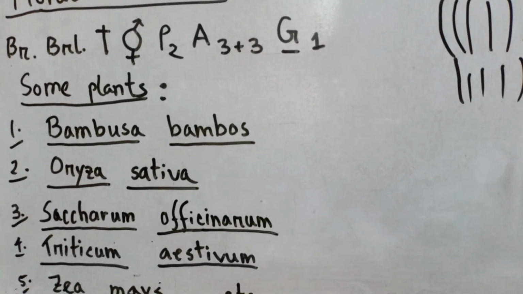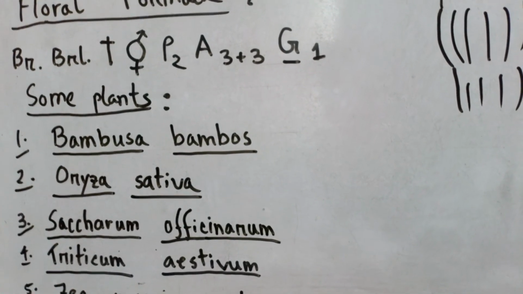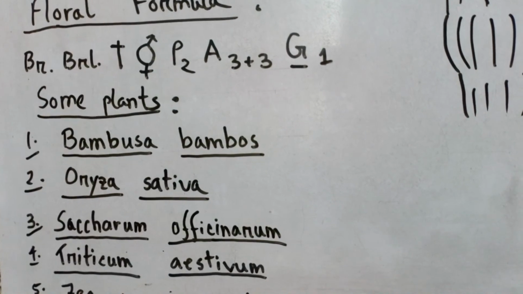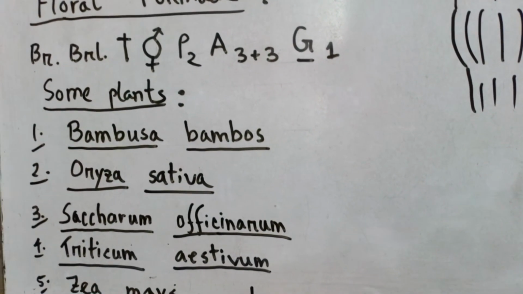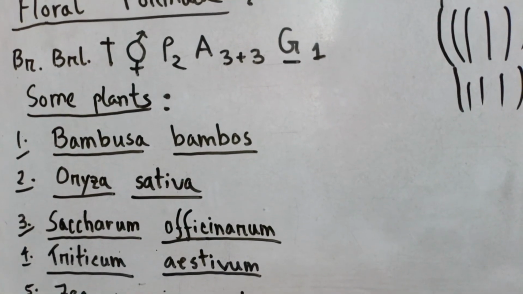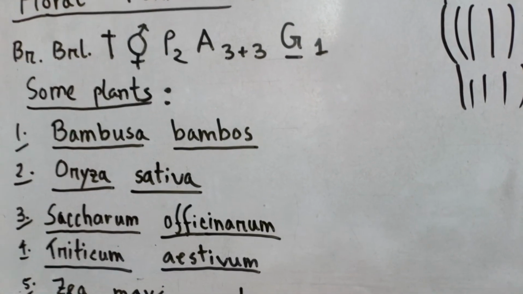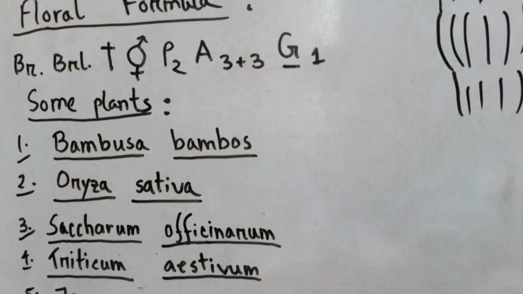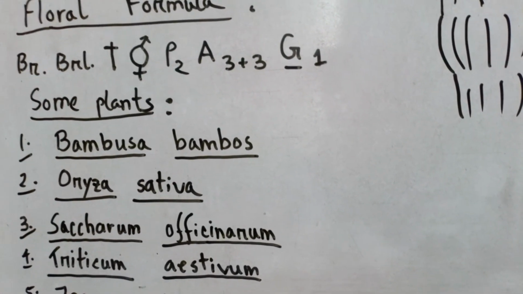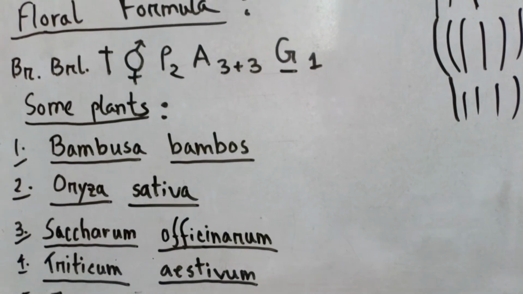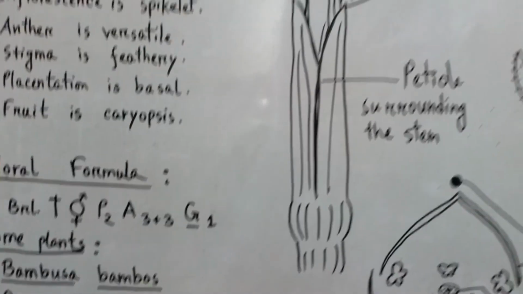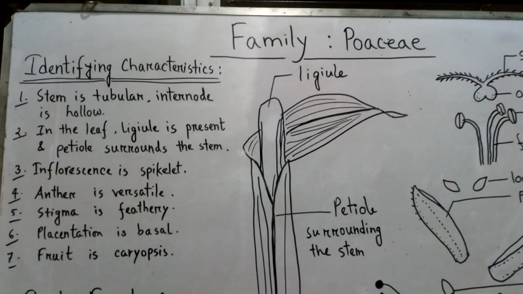Okay, so around 60% of the people of this world have rice or bread as their main, staple food. And also from this family we can get food for cattle, and for other purposes these plants included in this family are widely used. So this family has a lot of economic importance. Okay, so I hope all of you are clear about this family.